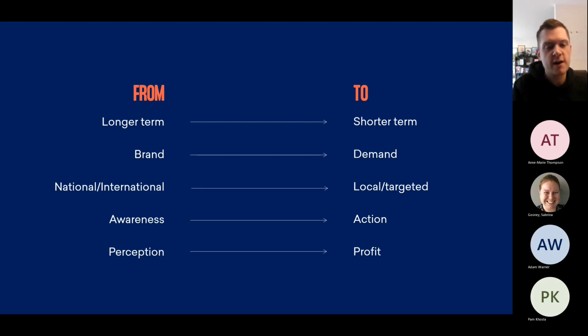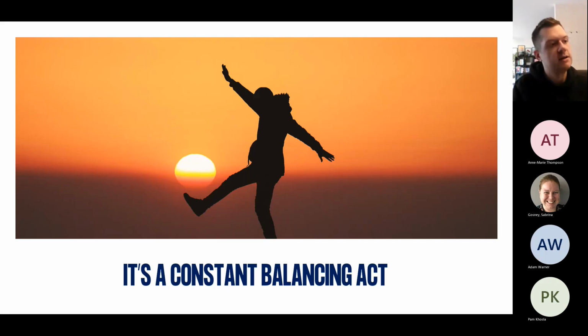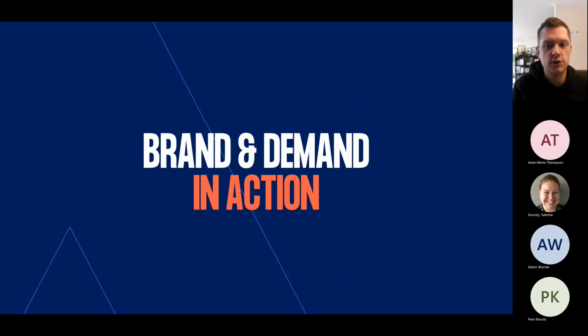So are we focusing on creating a brand which appears sustainable, which has really good, similar to B Corp credentials? Are we focusing time and effort there, or are we focusing on bottom line and profit on that demand generation? We know a lot of businesses have issues with all of these things, and they do all go hand in hand. So how can we start to pick off some of these issues and deal with some of these things in isolation, and turn brand awareness into demand, and get into a position where we can do both? So we've got three use cases, 3 case studies that will come off the back of this session.